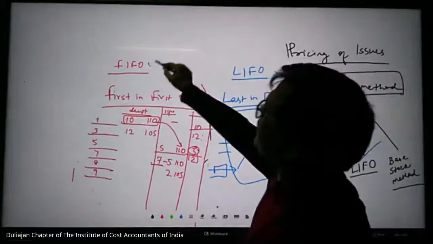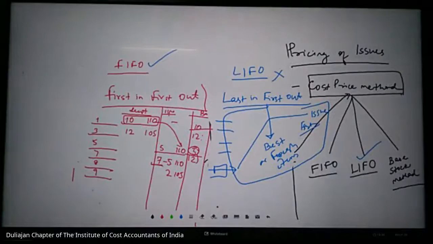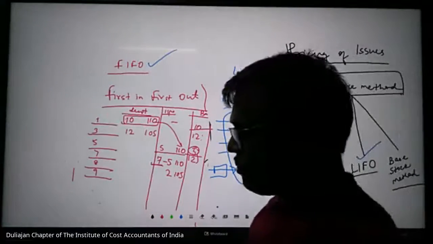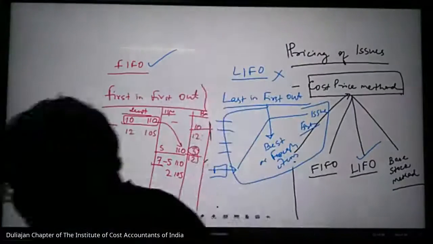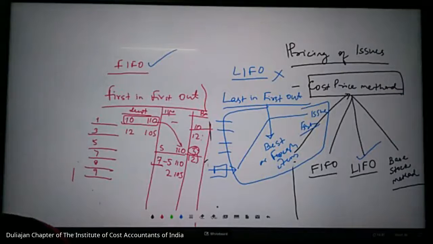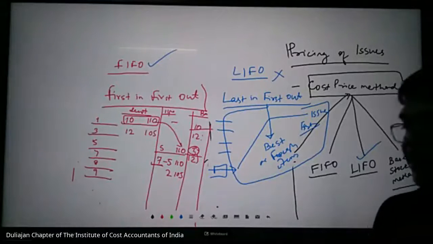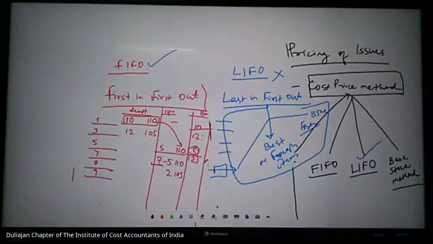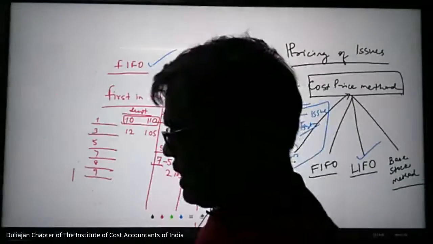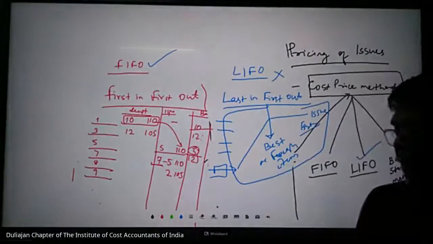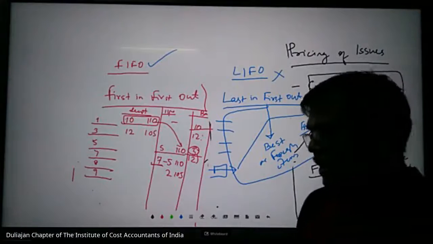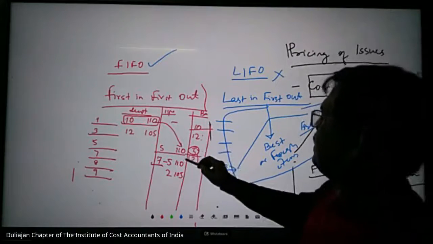Whereas there is a logic in this, जो पहले आया है उसको पहले खत्म कर दो, नहीं तो खराब हो जाएगा. But this is one of the methods. FIFO methods का advantages क्या है? Now this is very simple. And what happened? In case of falling prices, the method gives you better results. How is it? Like here you see,